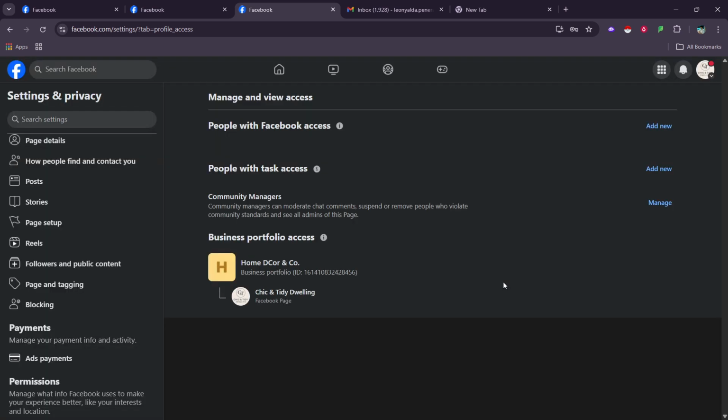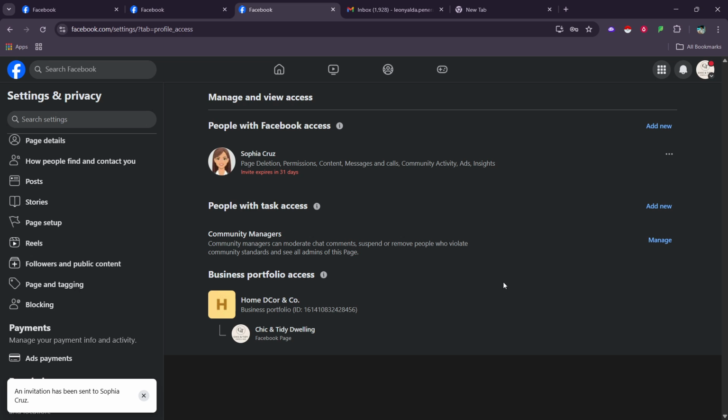Facebook can impose a waiting period of up to 7 days before the new admin or full control access is fully active. This is normal and helps protect pages from unauthorized changes. During this time, don't worry if you don't immediately see the new role reflected everywhere. Keep an eye on the page access section to monitor the status.